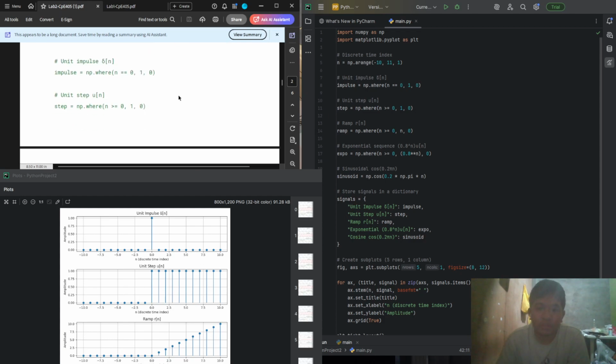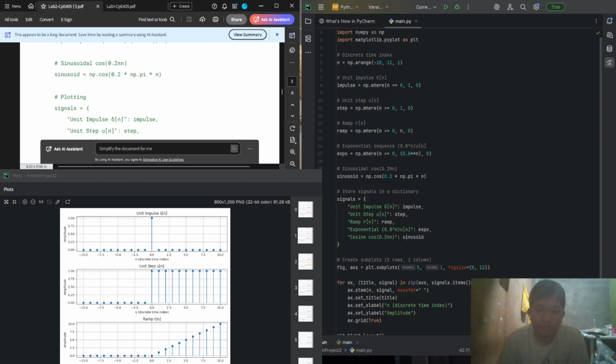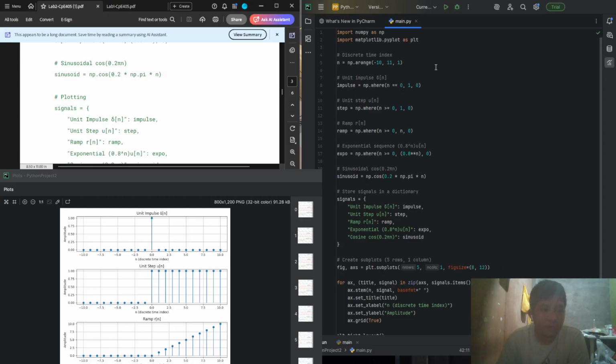I will try to explain the code here. First, I imported the libraries, NumPy and Matplotlib.